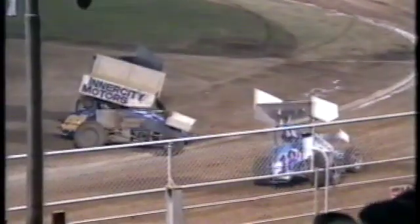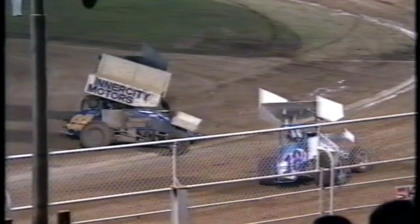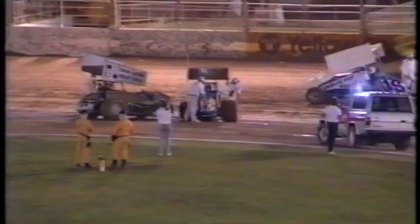Out in the lead is Brett Lacey. And we've got a tangle on the first corner. Yellow light is on. The yellow red light flashes. We've got car 16, Dave Farrell. 97 is Darryl Downing. And the other car involved out there we see is 55, Bill Porter. So we'll have a restart. Could be a nose-to-tail restart after the cars have gone a lap for the Winfield Australian Sprint Car Masters